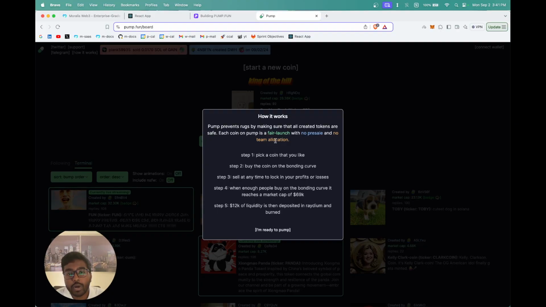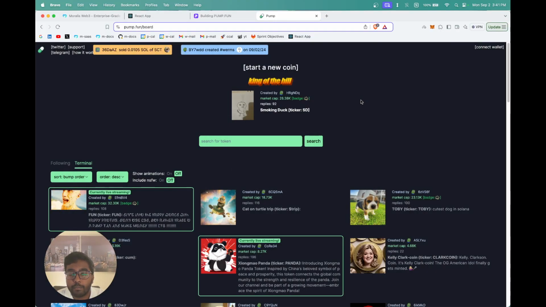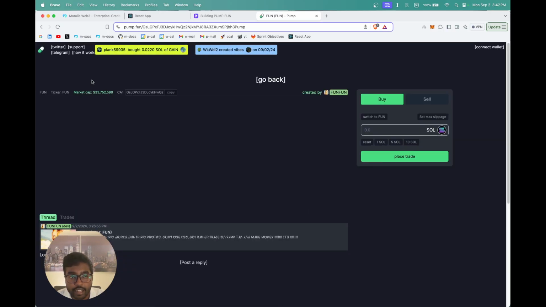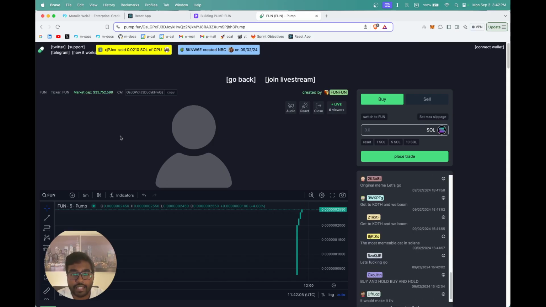And 20% of the token supply is put into $12,000 of liquidity, once the token basically reaches a market cap of 69K. You can see here that $12K of liquidity is basically kept in Raydium, and it's burnt. Generally the way it works is when the token is created, the max supply is set. In pump.fun, these meme coins have a max supply of around 1 billion tokens, and 20% of that max supply, which is around 200 million, is reserved for creating the liquidity pool on Raydium, which is basically the DEX